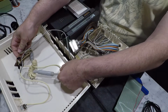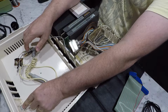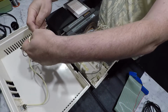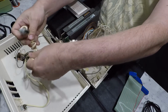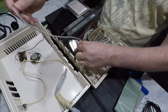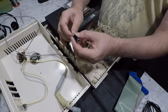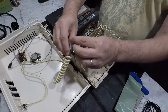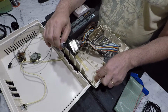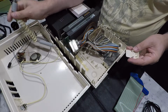Okay, so this potentiometer on the front that you can see is held on with blue tack. Appears to be some sort of sound interface of some description. So we've got what looks like an RCA output, 5-pin DIN. I'm not sure what that plugs into. I'm guessing into the computer, but